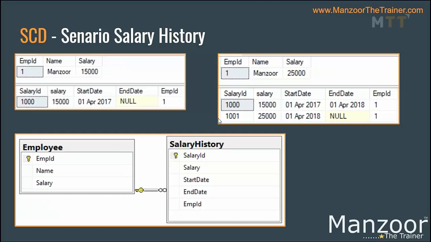Got my point? We created the employee, but that employee record does not exist in salary history. Then it is meaningless, right? Are you getting the point? Because we are not going to give two forms for the employee to fill this as salary history. No, there will be a single form where we are passing salary. Now behind the scenes, we are inserting that information into two tables. If the first insertion is successful and the second insertion failed, then I need to roll back. Are you getting the point?